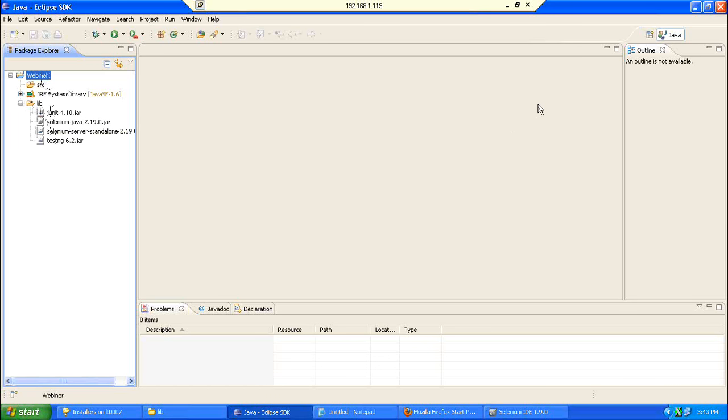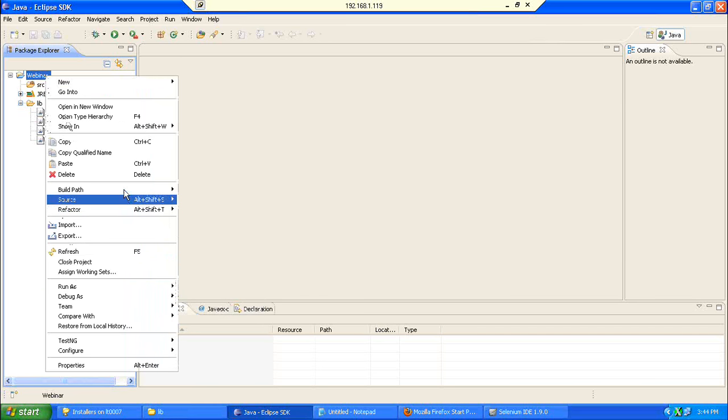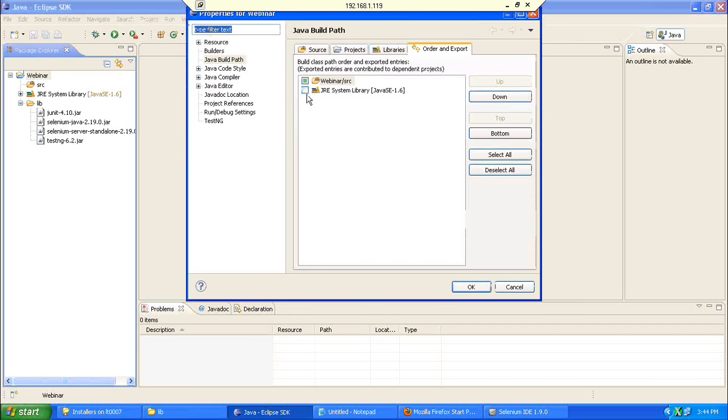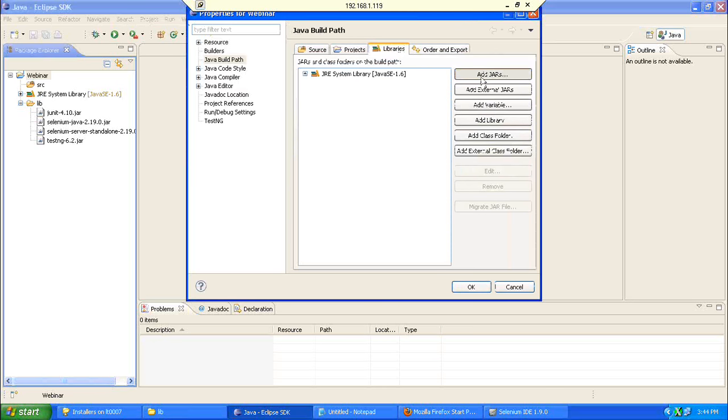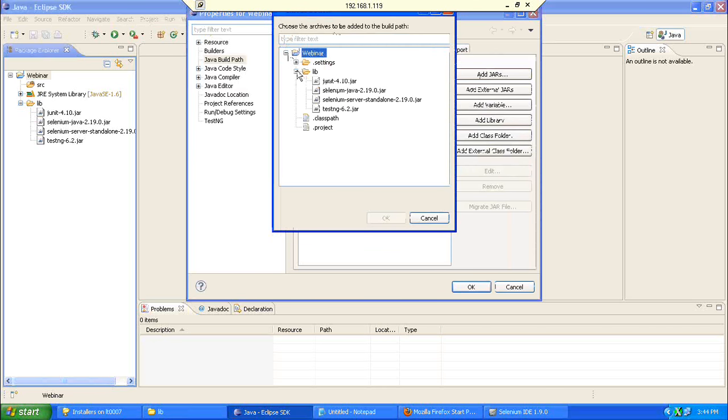So we created a project, we created a folder called lib and we pasted all the jar files inside that. Now we will configure these jar files in the build path. That is, when the code is getting compiled, it requires these jar files. So we are going to tell Eclipse, when you are compiling the code, use these 4 jar files. So right click on the project, build path, configure build path, libraries, add jars. So here we are having those jar files. We will put all these jar files into our project.